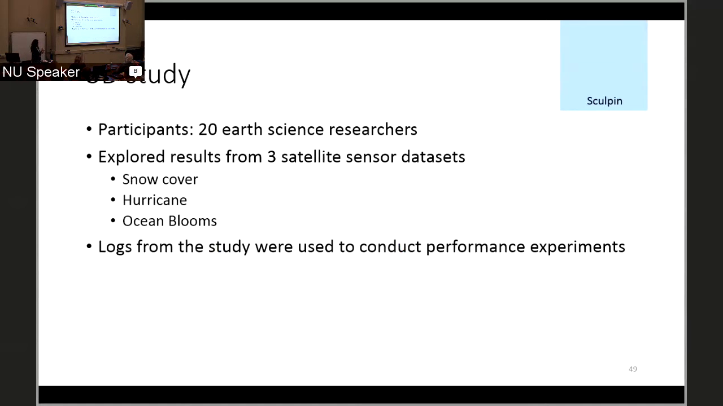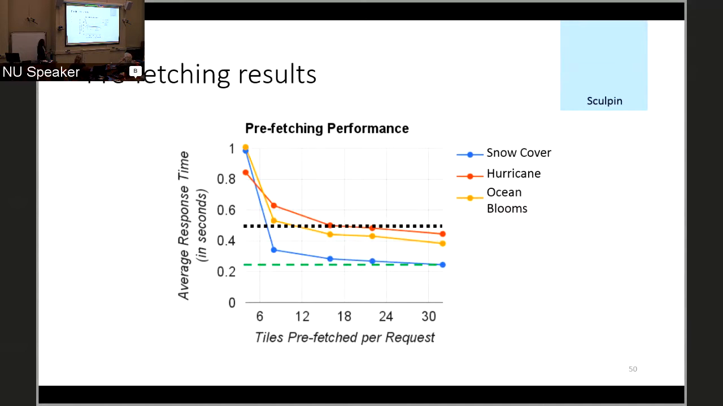And like before, logs from the study were used to conduct performance experiments. In this case, we have the same structured chart as before, where the x-axis is the number of tiles prefetched per request, and the y-axis is the average response time in seconds rather than milliseconds. Here we have our black dashed line like before, which represents our interactivity threshold. And then we have a green line, which is our 2D benchmark. This is the performance we need to get if we want to argue that Sculpin works the same in